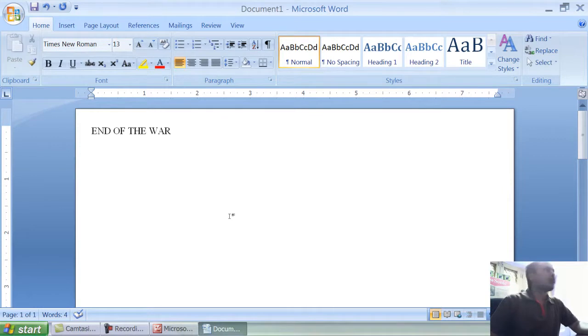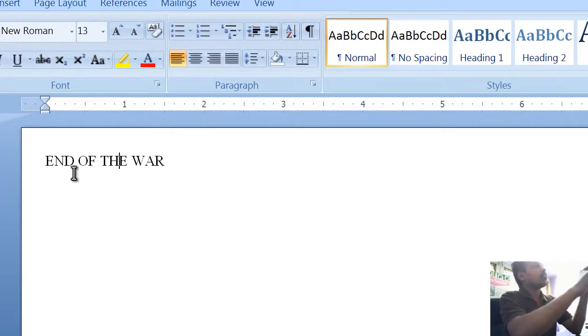Okay, so to move this one, here in this ruler we have some options. Come over here. This is called first line indentation. And just you come down like this. This is called hanging indentation, and this is called left indentation. First line indentation, hanging indentation, left indentation.